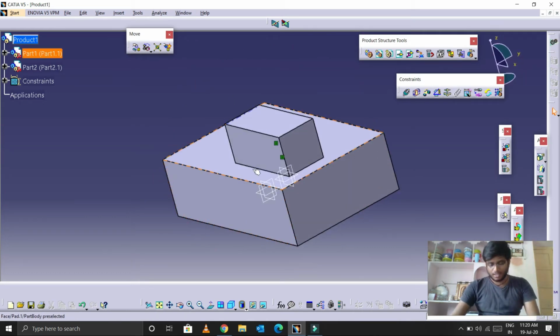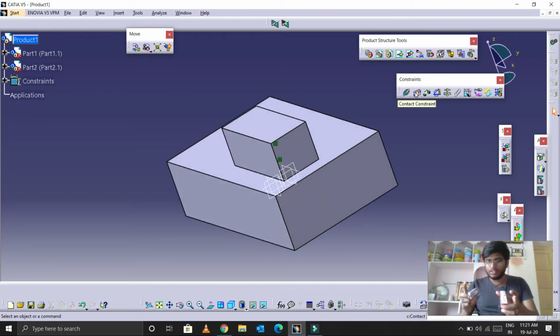Now here I have shown you that I placed the small one on the surface having some distance. This distance is shown here at the cursor. So this is the distance. We can manage this distance also by using the offset constraint. First of all, let me show you. Now the two surfaces of the different objects should be in the same straight line here. So for this we need to select the offset constraint by giving the value 0.